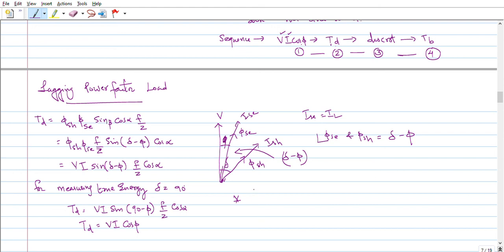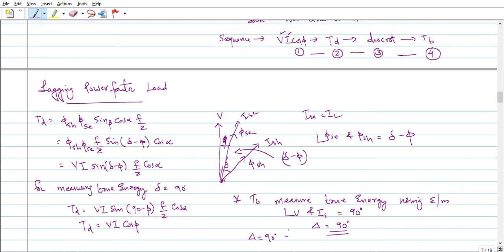Therefore, to measure true energy using an energy meter, the angle between voltage and current is equal to 90 degrees, that is delta is equal to 90 degrees. That means, if delta is equal to 90 degrees,